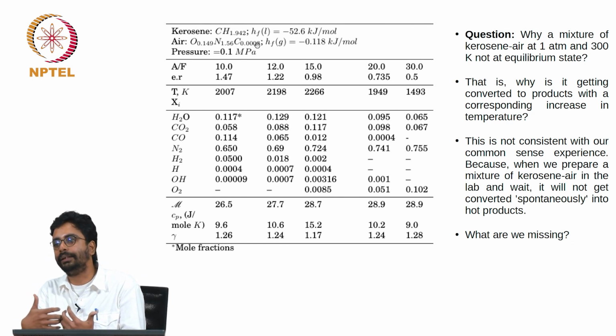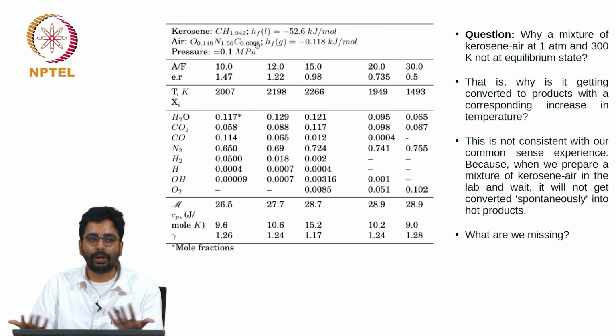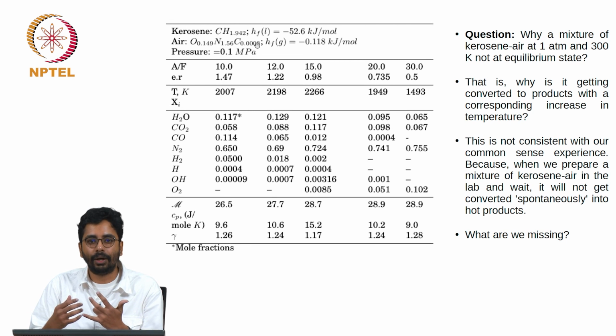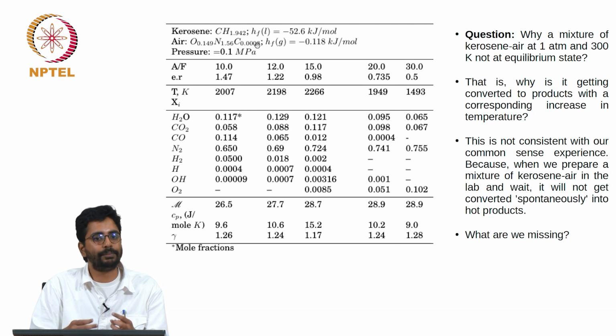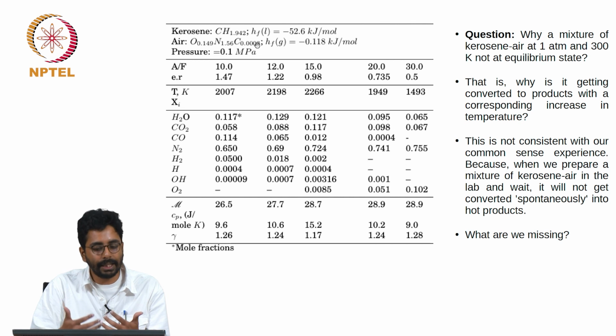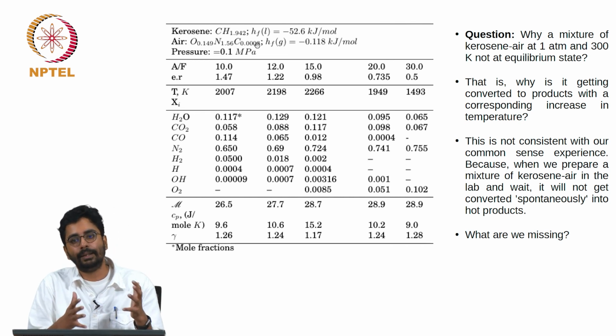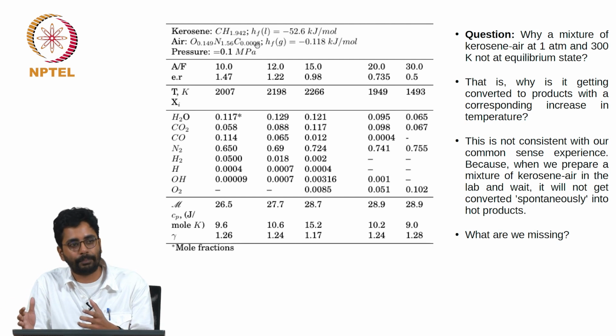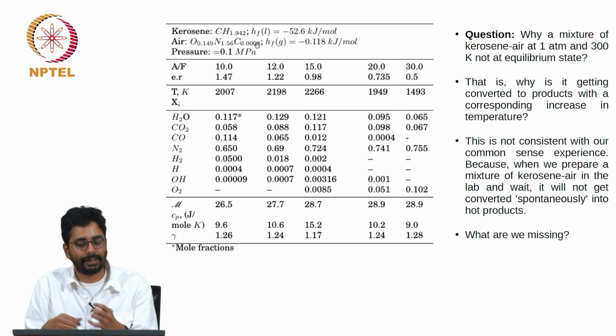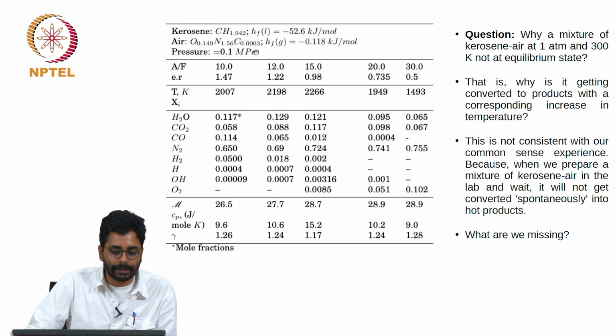Remember that you are allowed to do all of these things because all you need to make sure is that the energy bookkeeping is done correctly. You can express the composition in any form. It does not have to be H2O, and kerosene need not be considered to be precisely the mixture that it is made up of, as long as you get the carbon and the hydrogen correctly. And the pressure is taken to be 1 bar.